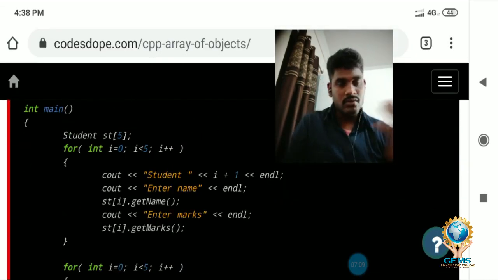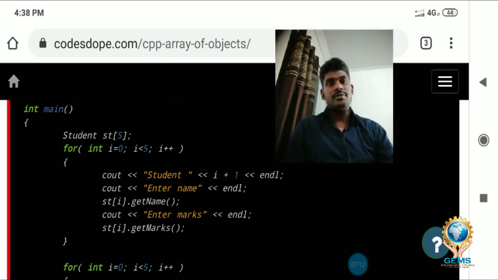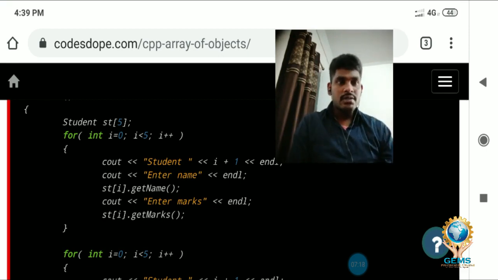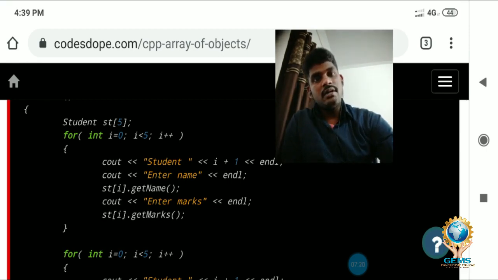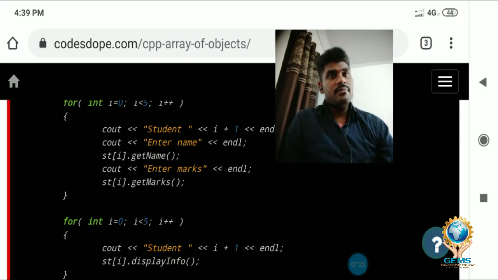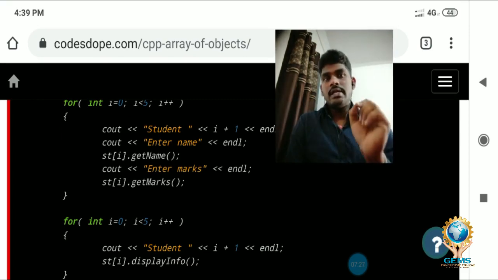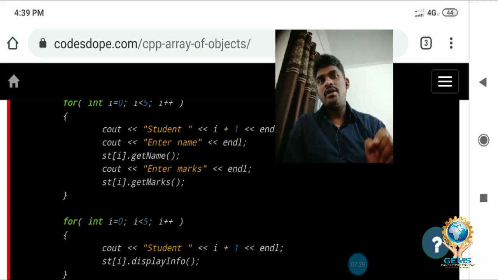Now see, I am entering the details of the student here. Using cout, print the name of the student, and print the marks of the student. So here we want to print the name: st[i].getname.